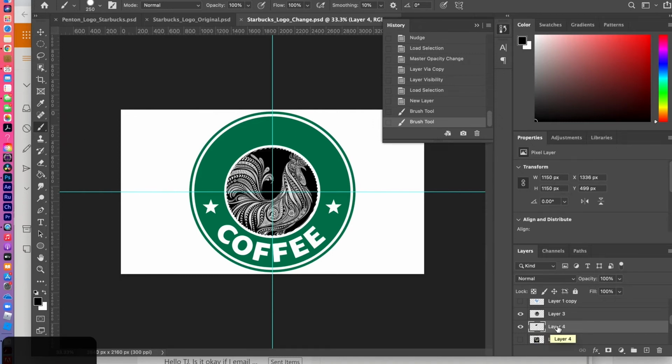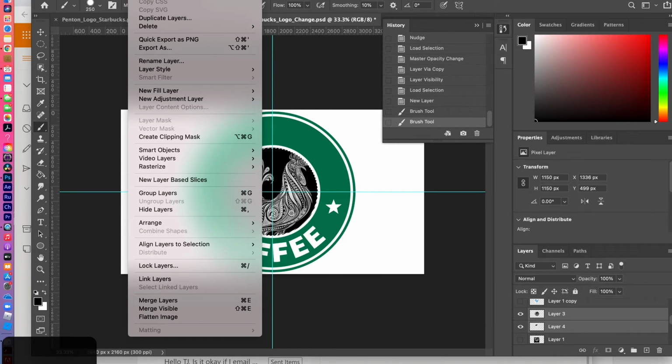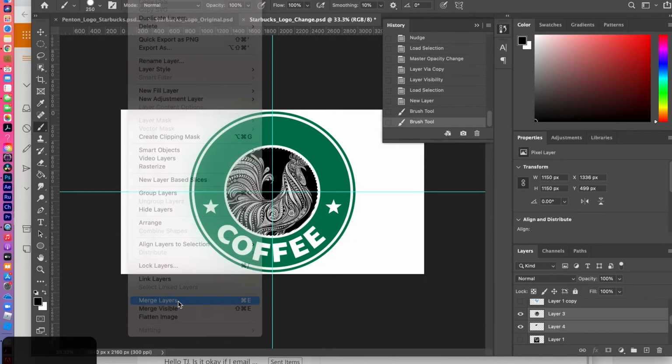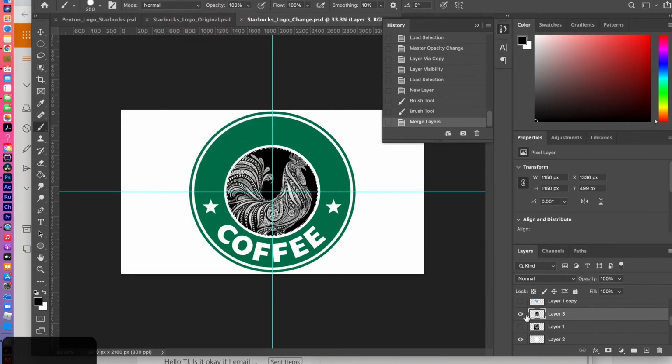When I'm happy with that, I will take layer 4 and layer 3, shift select them, and merge the 2 layers by going Layer, Merge Layers, or Command E. So now this is looking pretty good, and I can hit Command D to deselect. I'm going to hit Command H to get rid of those guides. And now I'll take this layer 3, which we'll call, you know, chicken good. Maybe this is the one I'm going to go with